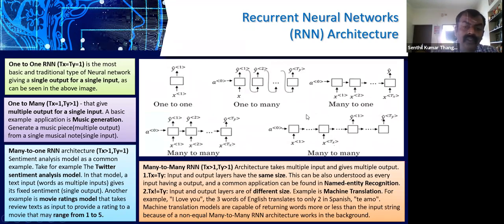When you talk about RNN, there are generally 4 types of RNN, where it is one-to-one. That means you have one input, you have one output. One to many, one input, many outputs. Many to one, that is many inputs and one output. Here you will have 2 variants in many to many. One variant is where the number of inputs is equal to the number of outputs. The other is where the number of inputs is not equal to the number of outputs, right? So these are the variants in RNN.